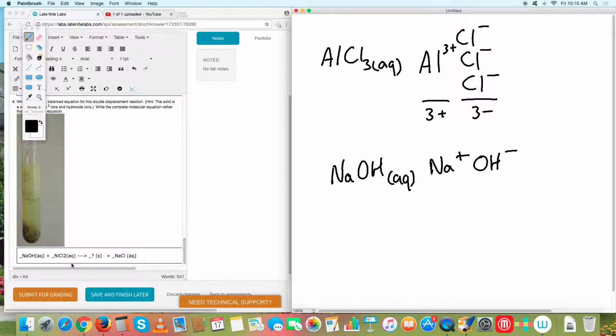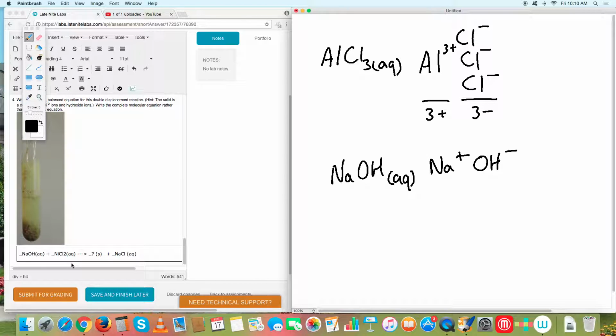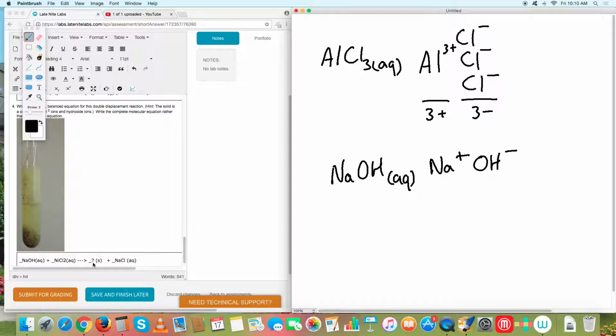For this last one, I've given you a hint as to what the reaction looks like, but I haven't told you what the solid formed is. I'm going to ask that you try and figure out what solid you're getting and what the formula of that solid is. And I want you to use the ions that you figured out up here in order to see what you're going to get for this. Now, I want you to realize that if you had this situation as AlCl3 and NaOH, and you combine them together,